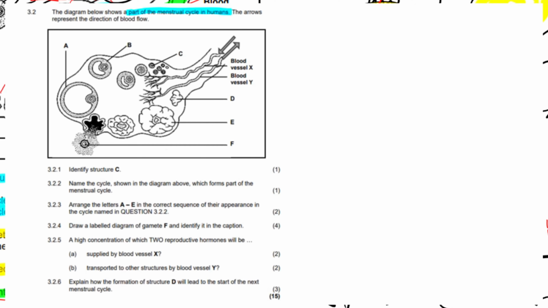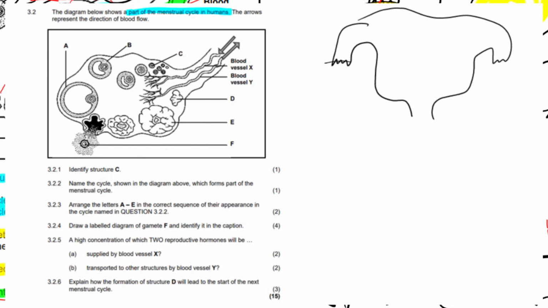So remember that the menstrual cycle, we're just looking at the two cycles, the menstrual and the ovarian cycle, all of those. So here we're just given a picture showing just a part of it, but just from telling we can see that this is likely to be the ovaries. So remember, before we start answering the questions, the ovaries are just somewhere here. This is the female reproductive system. Here it is. So the ovaries are located just below the fallopian tubes, and just know that at the ovaries,